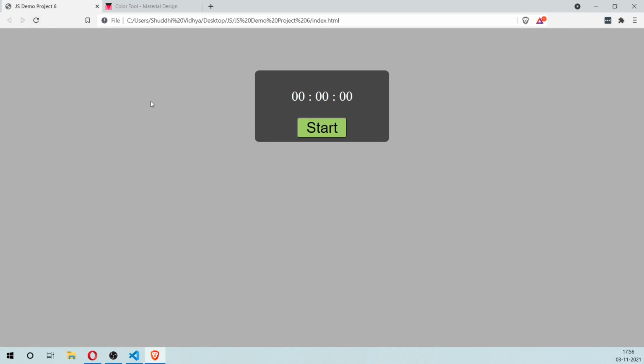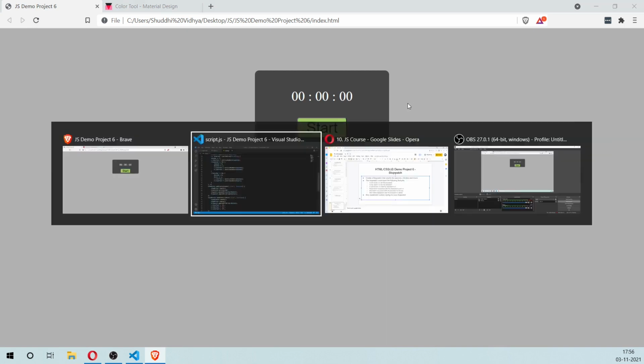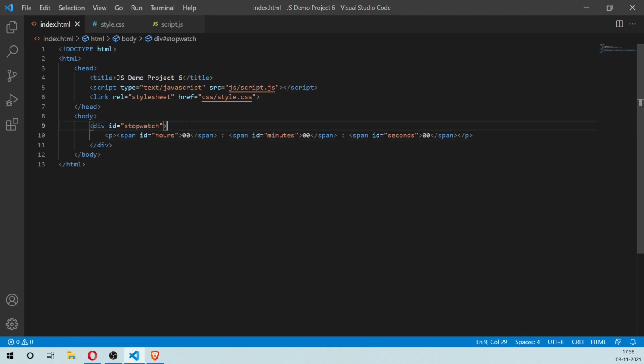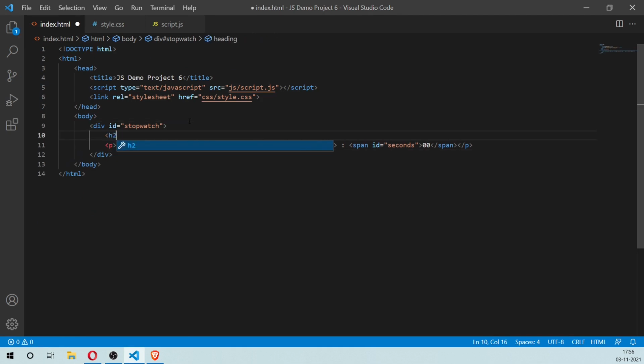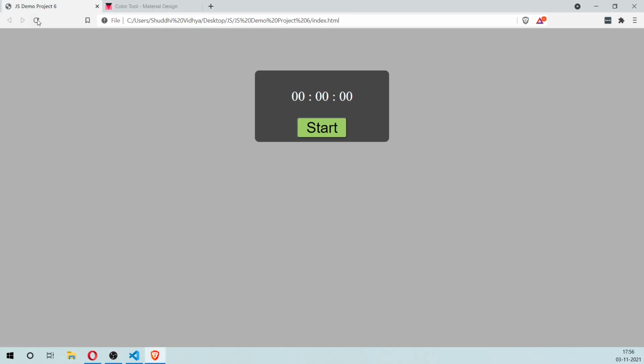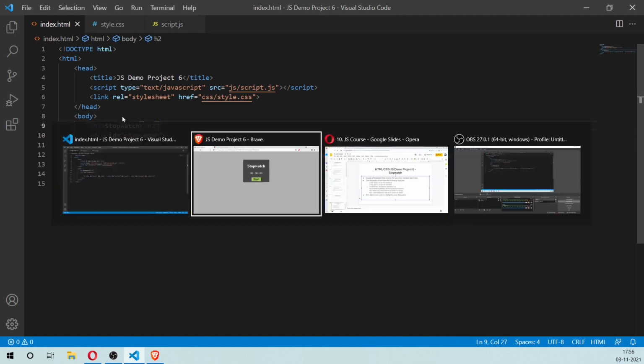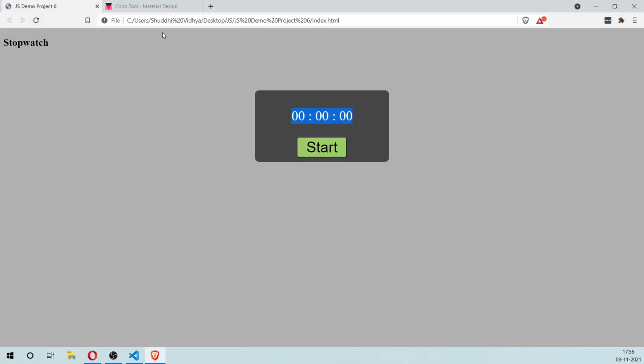So the only thing that I want to do now is I want to add a heading to this page. So what I'll do is I'll go here, then h2 is stopwatch. This should ideally be on the top here, and I want it to be right above this box.